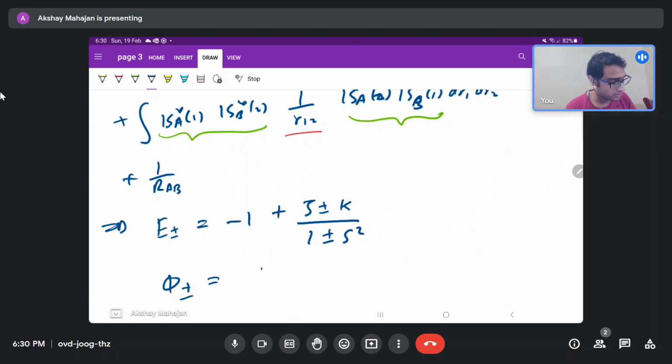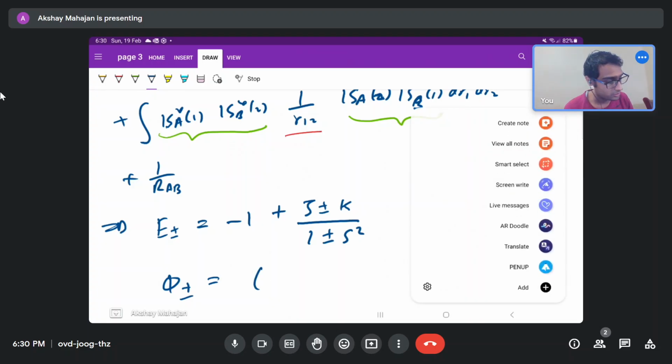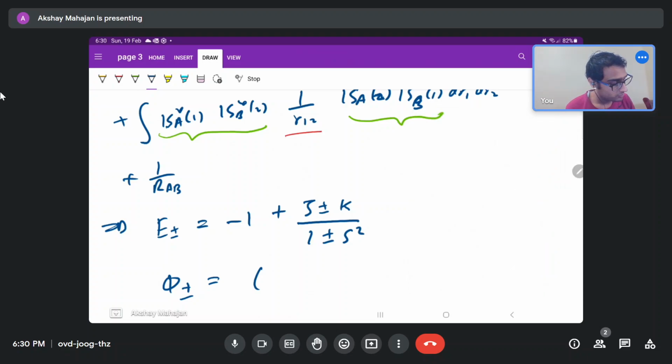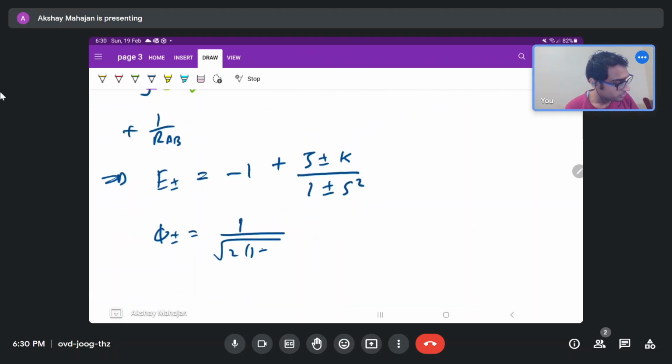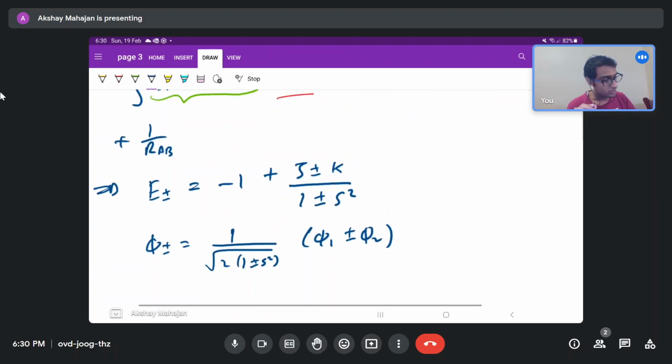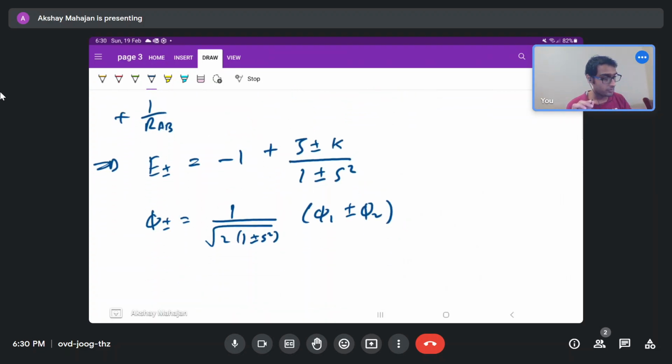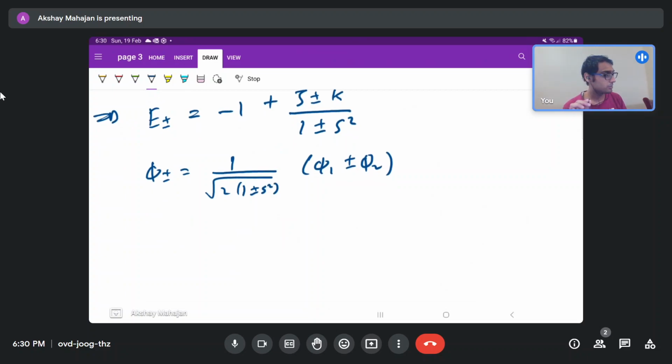Let us write it without the normalization constant. This calculation can be solved easily, and then again, as you know, this phi plus will be our ground state,